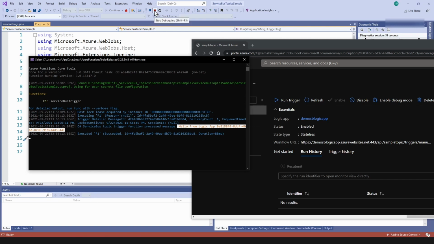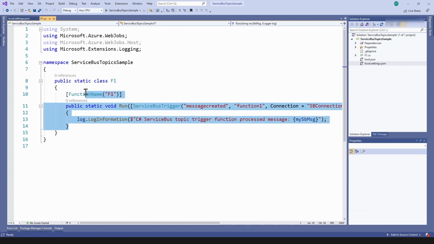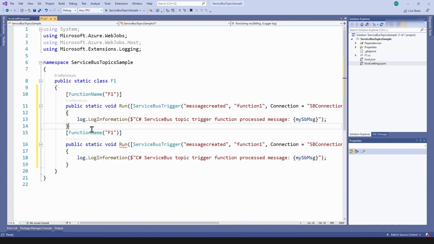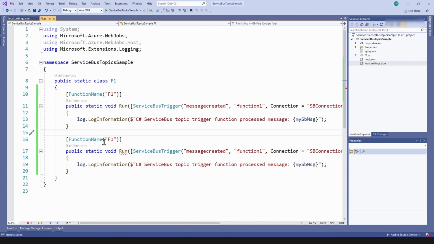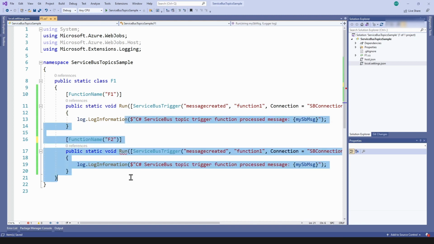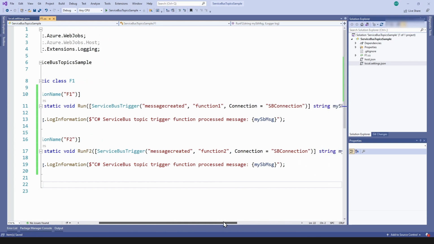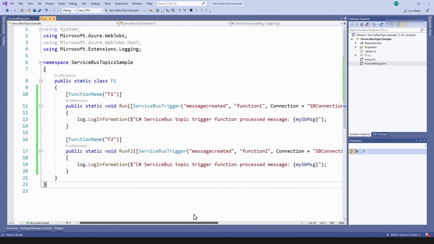So let's stop this function execution and create another function. I'm going to call it function2. And since I have created 2 functions on Azure, and this is what I want to demo as well, because we're working with subscriptions. So I have 2 functions now, and I want to listen to the function2 subscription. And then what I'm going to do is keep all these as default, but